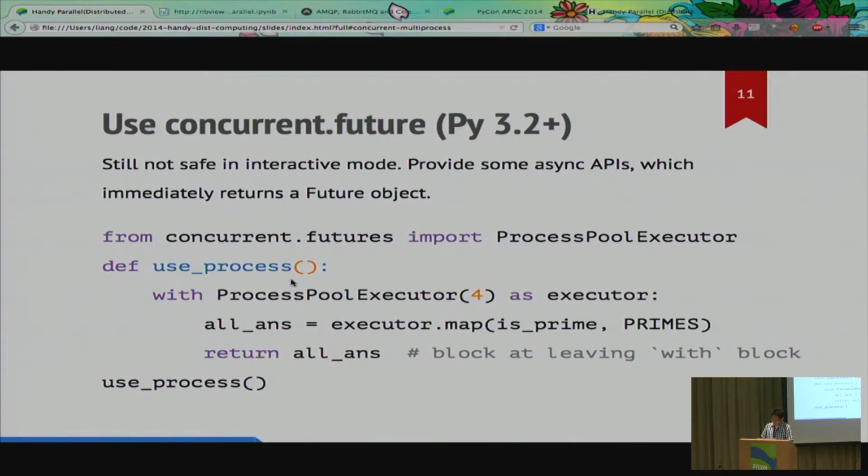And first, you can use it through the process pool executor, and you can specify how many processes you want to execute at the same time, and then their API is quite similar. You map your function and your input values, and then you can run it in parallel. Okay. Well, I mentioned some async API, but if you use it through the context manager, the with block,